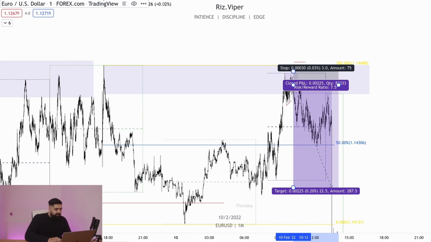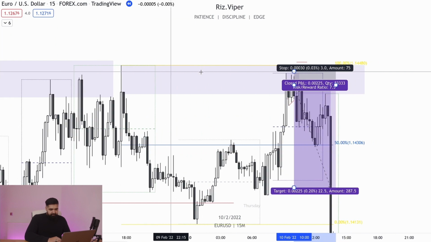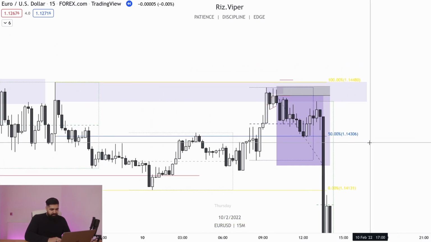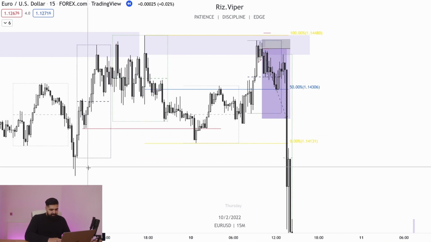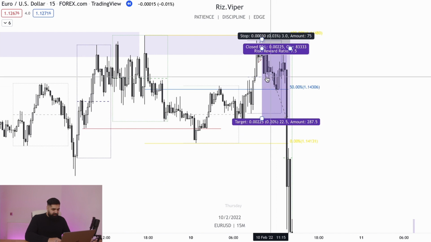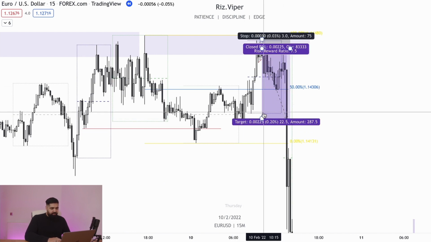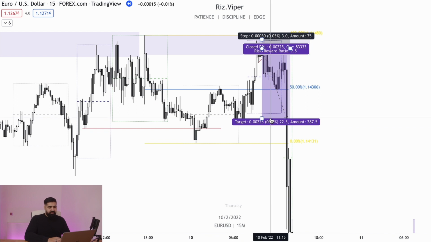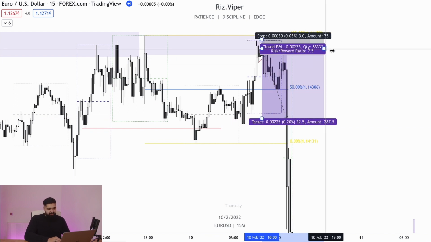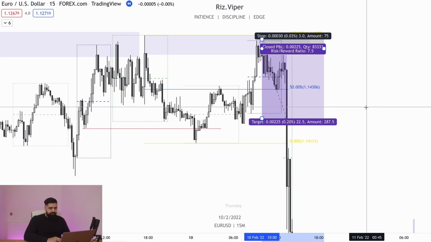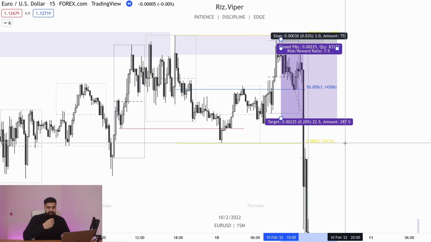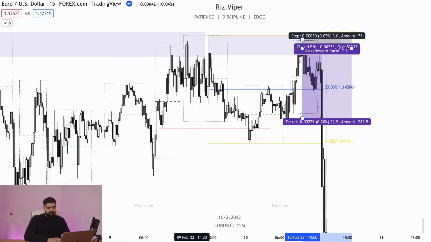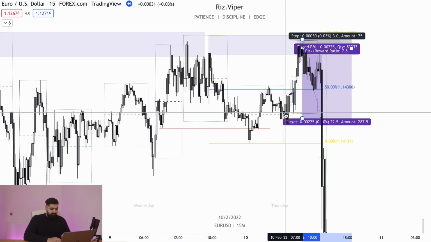Okay, and we'll just zoom out as to why. So we're taking the structural low, the first structural low, and obviously the liquidity as well. So the first lot of volume taken off the trade was around this area, the majority of the volume. Realistic return 1 to 7.5, so 7.5%. Banking, if we're taking about 80% off at that point, we're banking a very nice trade in one single trade in a single day. Well, to be fair, the analysis started the day before, but the actual trade itself